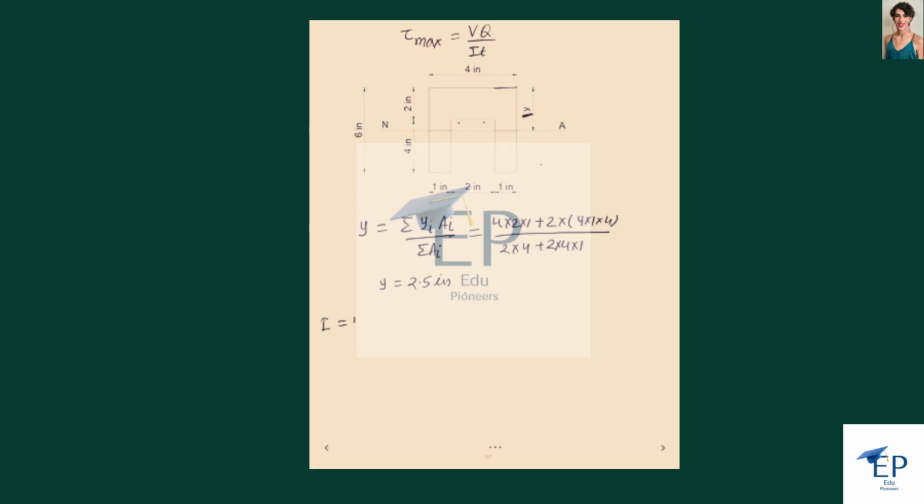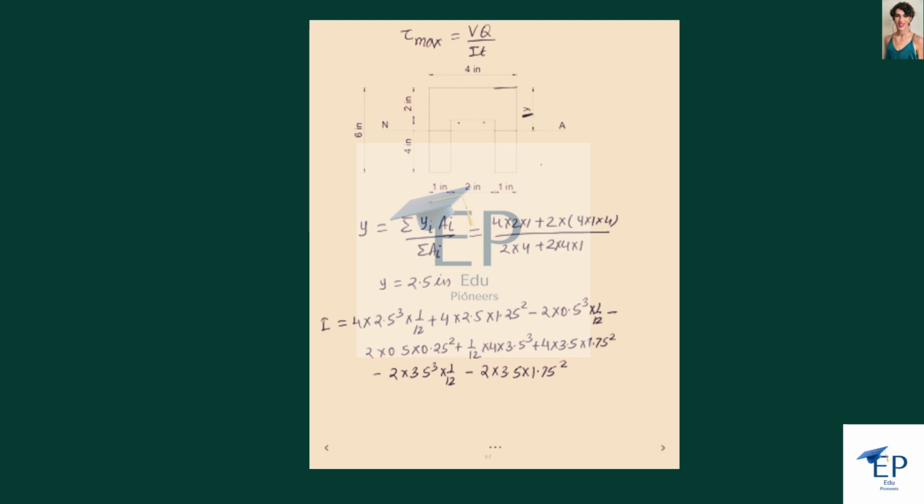Now, moment of inertia depends upon the body mass distribution. So the moment of inertia of the cross section I will be equal to 4 multiplied by 2.5 cubed multiplied by 1/12, plus 4 multiplied by 2.5 multiplied by 1.25 squared, minus 2 multiplied by 0.5 cubed multiplied by 1/12, minus 2 multiplied by 0.5 multiplied by 0.25 squared, plus 1/12 multiplied by 4 multiplied by 3.5 cubed, plus 4 multiplied by 3.5 multiplied by 1.75 squared, minus 2 multiplied by 3.5 cubed multiplied by 1/12, minus 2 multiplied by 3.5 multiplied by 1.75 squared.